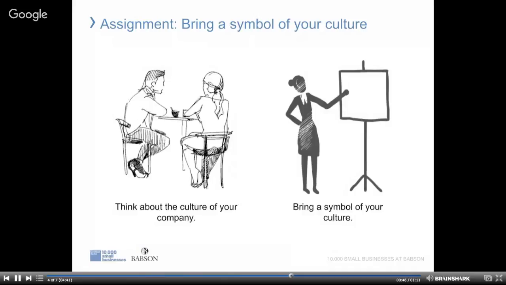Now, for those of you who are coming by plane, you should feel free to bring in a picture of that symbol, or maybe you want to bring in a short PowerPoint slideshow. For those of you who are preparing to share a verbal symbol, be prepared to tell us that joke or sing us the song or tell the story. In a second, I'm going to give you some examples from other scholars.